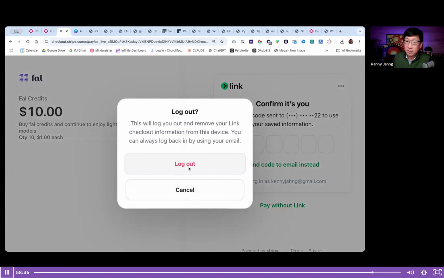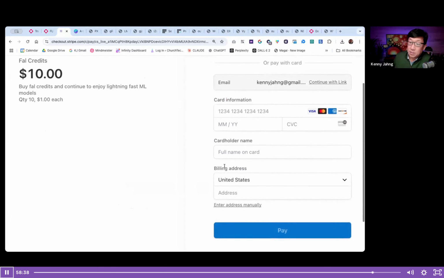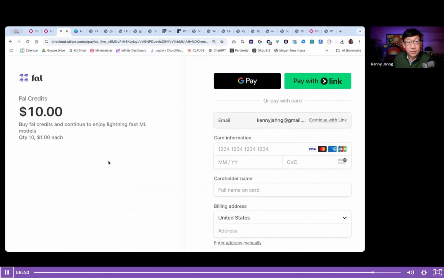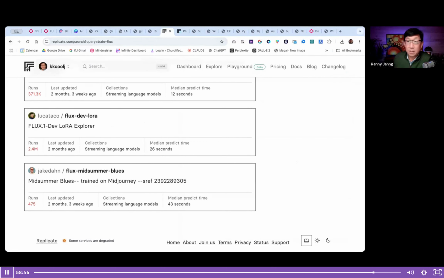Let me log out of this. It's going to ask you for your credit card information. You check out, and then it gives you a balance. It tops it up, etc. Same thing on